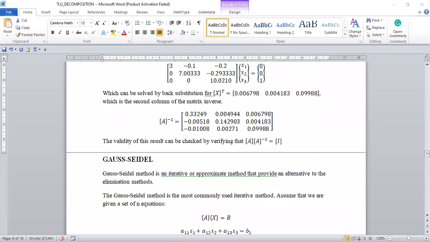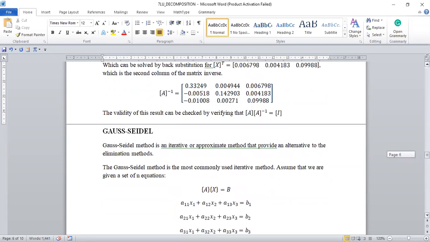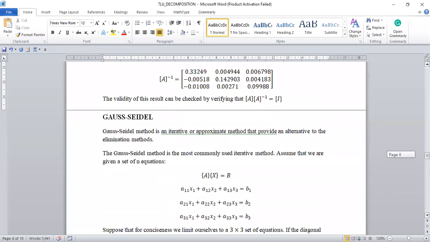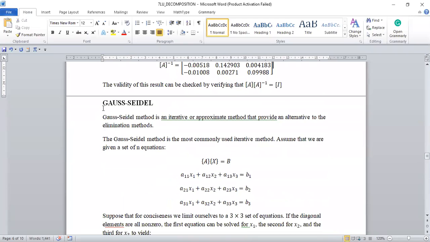Welcome back. We talked about the LU decomposition step. Then we said that it's useful for getting the inverse of a matrix. Now we're going to move on to the next method, which is the Gauss-Seidel method. The Gauss-Seidel method for solving linear algebraic equations is an iterative approach for